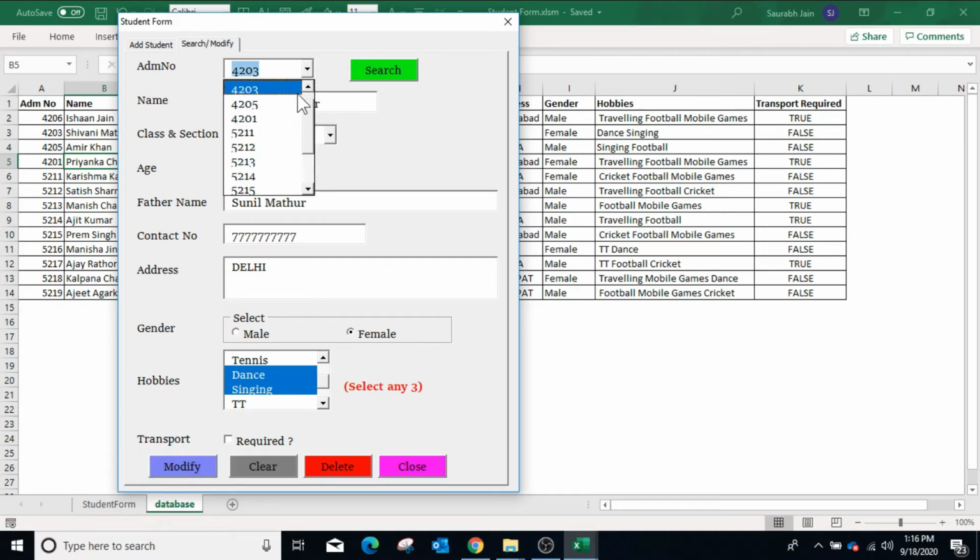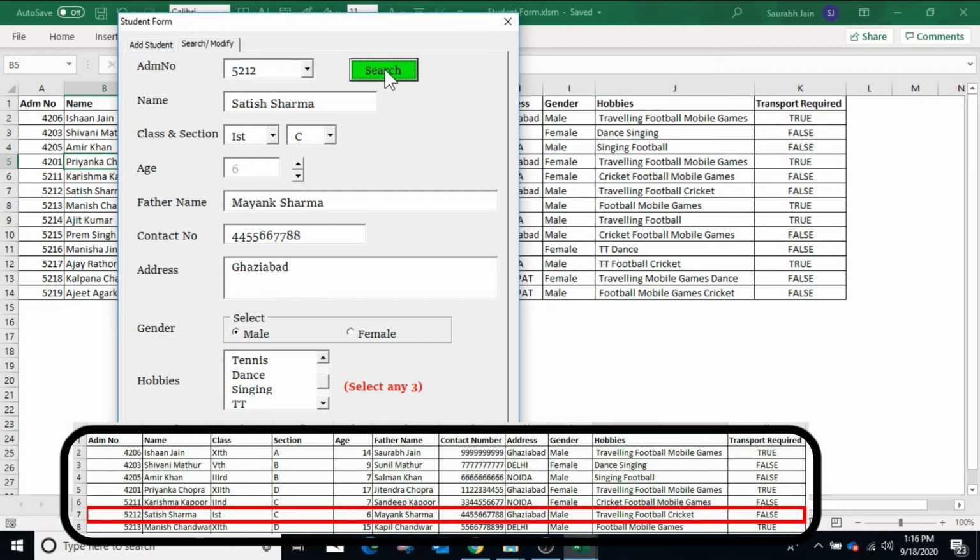If I change the admission number in the combo box, other controls show the previous information, but if I click the search button, it will update the information. So now it is showing the information related to admission number 5212, and if you see, the hobbies and the